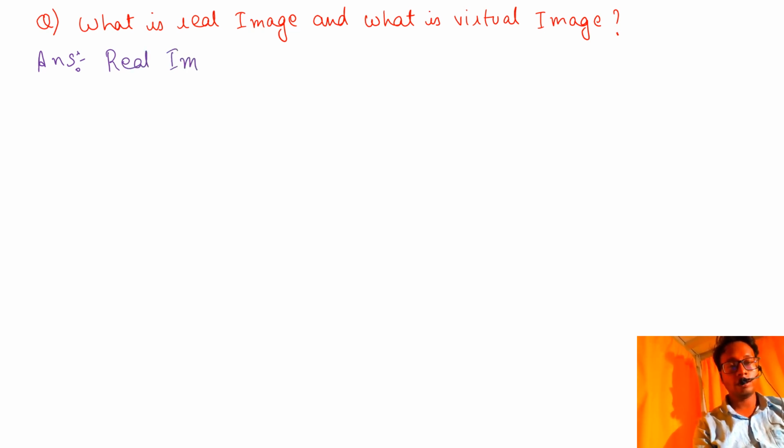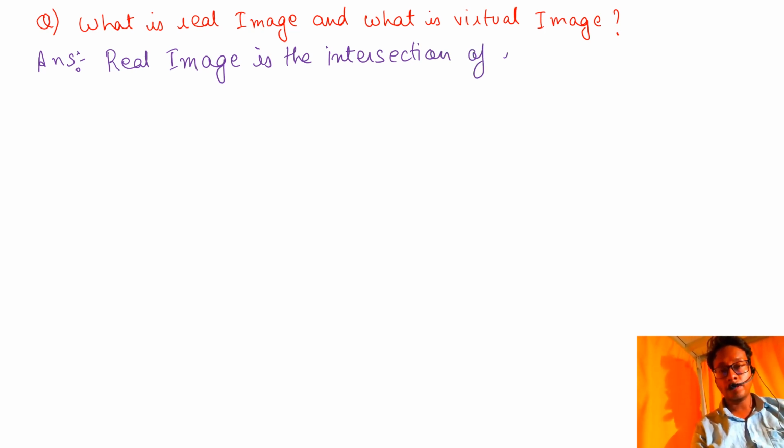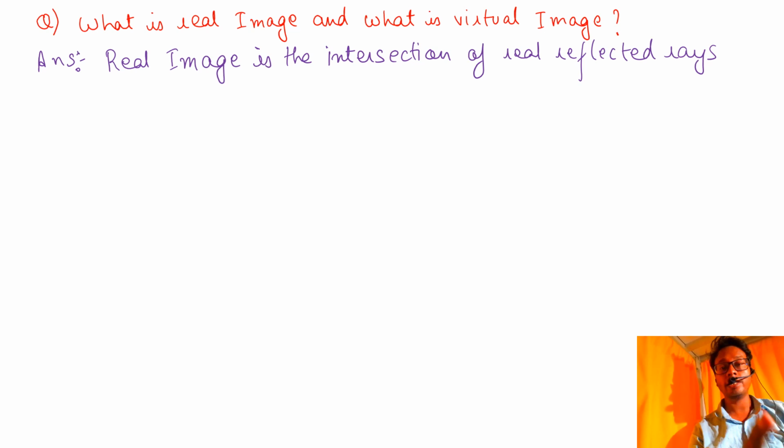Real image is the intersection of real reflected rays. Always remember, only reflected rays produce images. Incident rays don't produce images. Okay, real image is the intersection of real reflected rays and